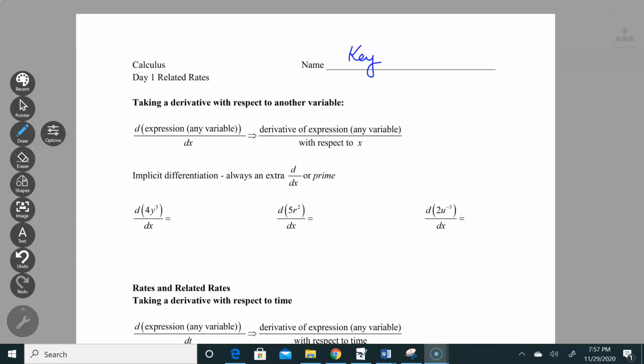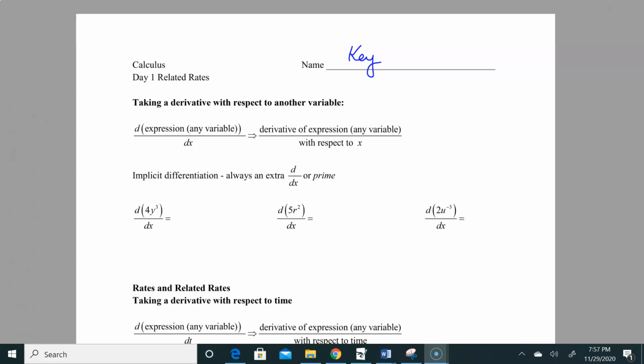Okay, class, welcome to the last unit, Unit 7. We're going to be using what we've learned about derivatives and even antiderivatives and use them in applications. On day 1, we're going to deal with related rates. It's going to be a lot of word problems again, but we're going to apply what we learned about implicit